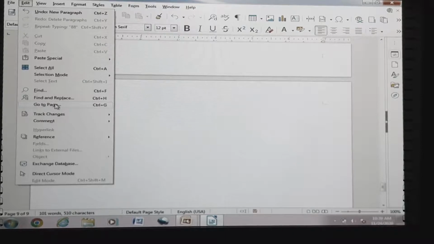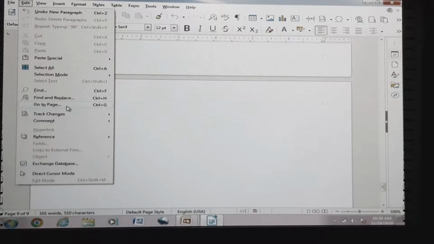See, this is the option Go to Page, by means of which we can directly move from any location to the initial location. The shortcut key combination is Ctrl G.